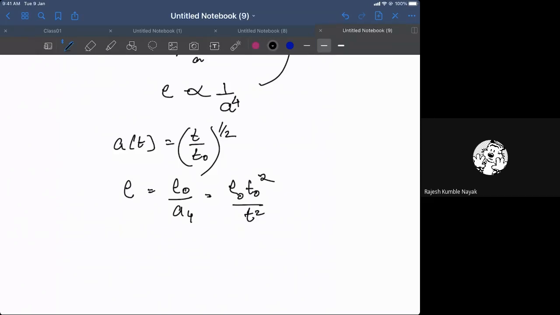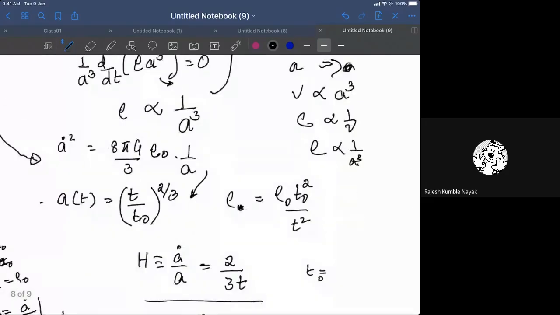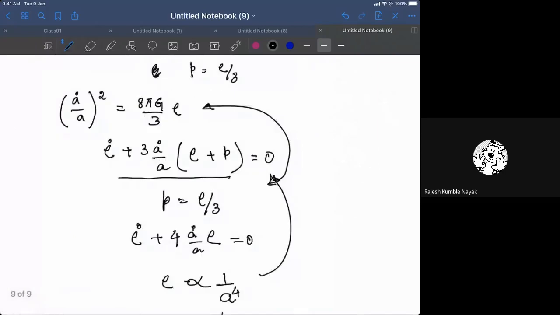So you can assume that in the early universe, when a is small, naturally the radiation would be more dominating than the matter. This comes from this equation. You can put a small: it goes as a to the power 4, and this goes as only a to the power 3. So when a is very small, the radiation naturally dominates the universe. That is why we say the early universe is filled with radiation.